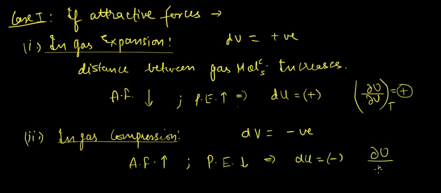And what about this term? ∂U/∂V at constant temperature would be again positive, because this term is getting negative and this term is getting negative. So as a result, the ratio would be positive. Okay,